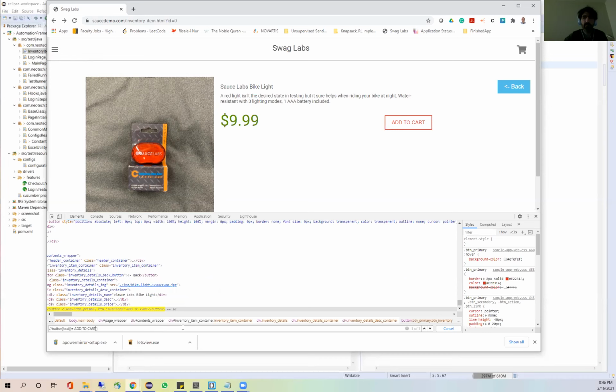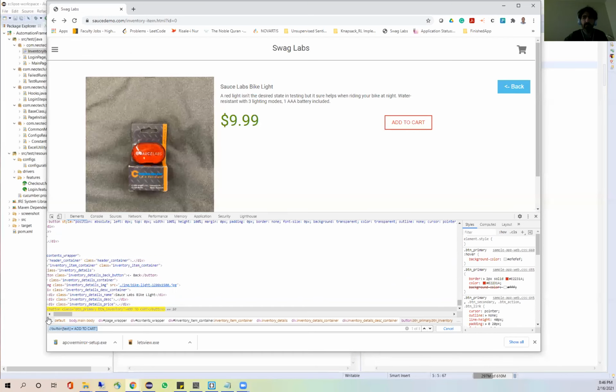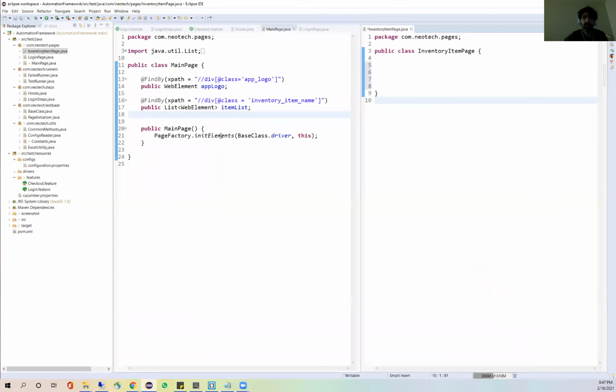So what did you do there? You said that it must be a button in the first part, and then you said that it needs to have this text on it. There's no difference, it means that it will work even if you just get the XPath for that. This is just so you don't spend time getting the XPath. Let's say we want to find it by XPath,